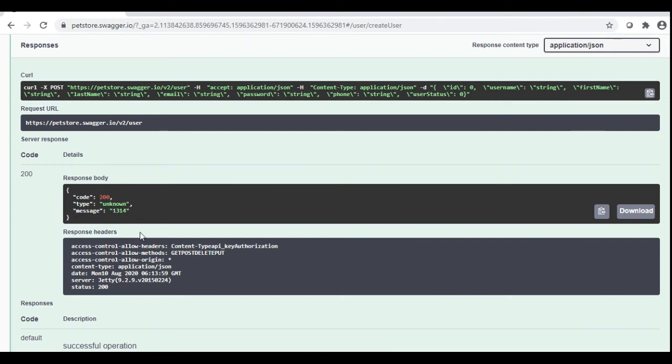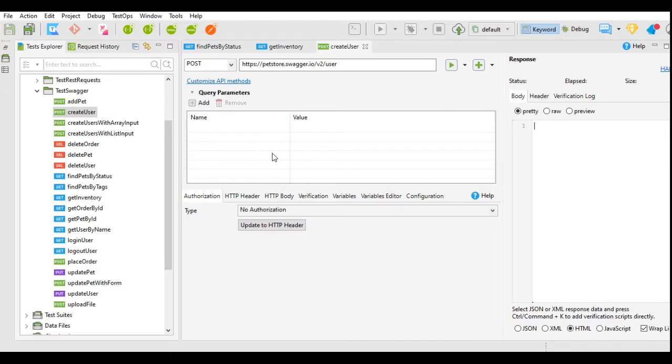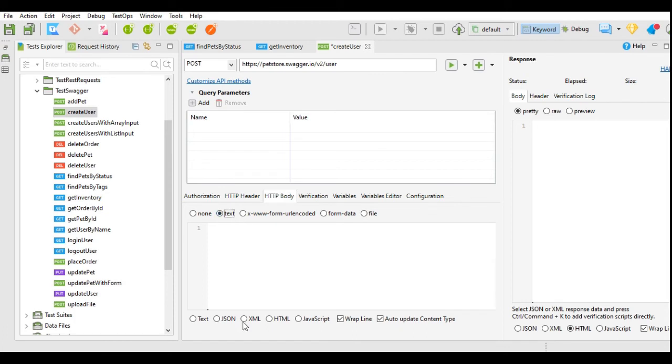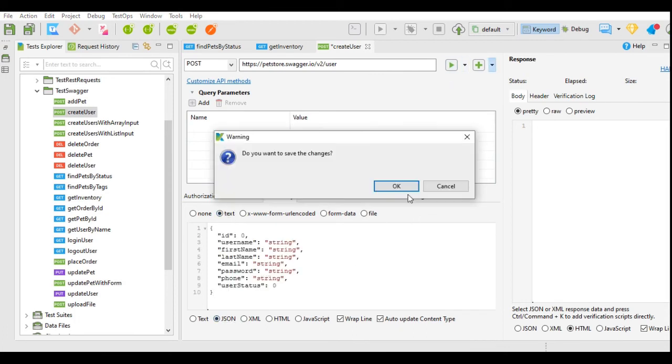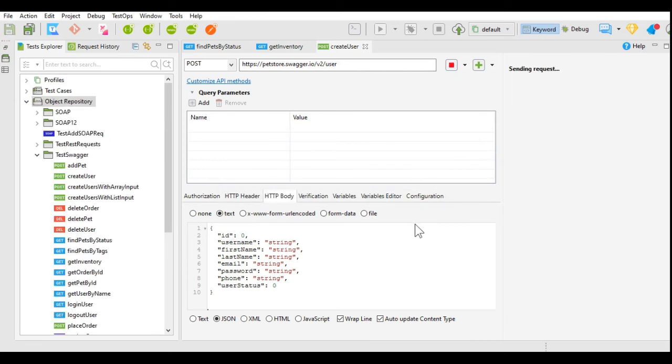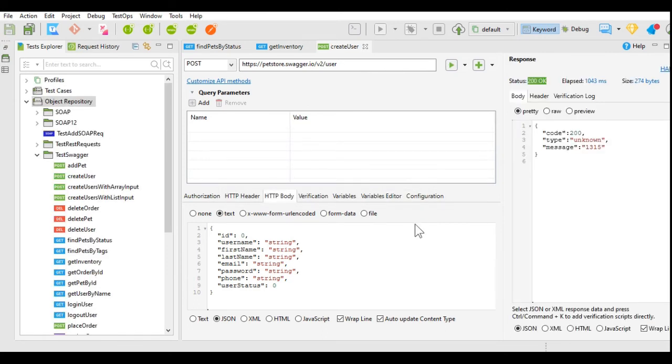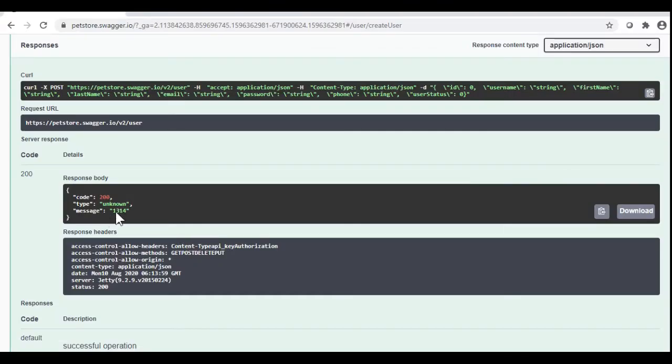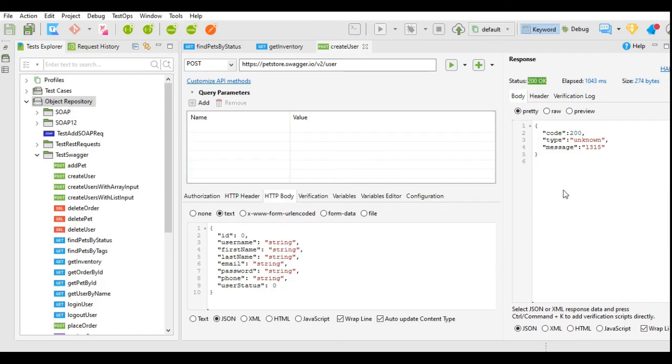And the response will be like this. Let's see. We'll go to Katalon Studio. We will provide the body in the JSON format. And we will execute this test. And it has provided the status code as 200 OK and the response, the same response that is provided over here. The same we have found over here.